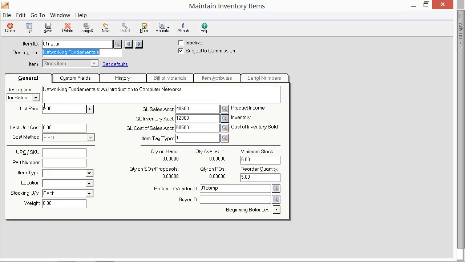Now, on the General tab, you enter the specific information for the selected item. Depending on the class that you selected for the inventory item, some fields may not be available on the General tab. You also enter the beginning balances for inventory on this tab as well. In the description field, you select either for sales or for purchases. You can enter 2 descriptions per item,